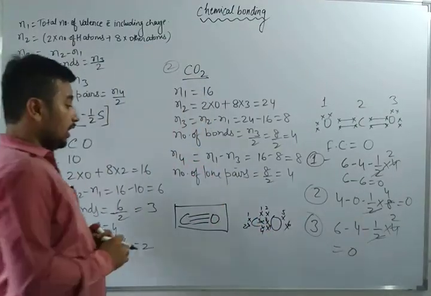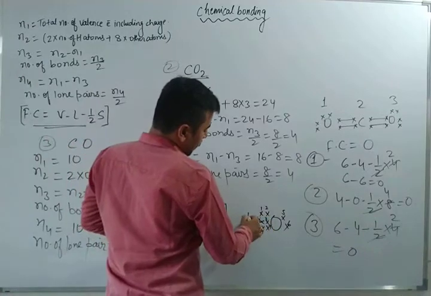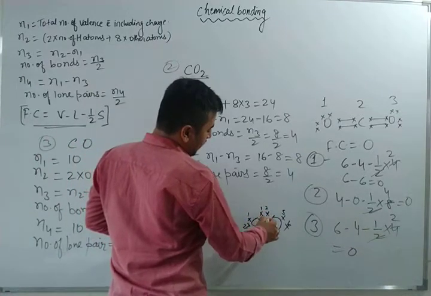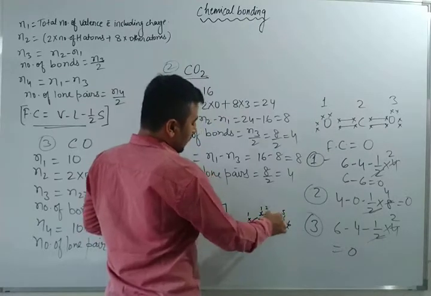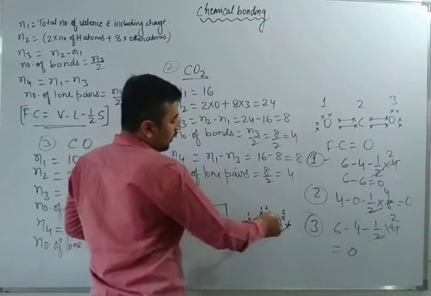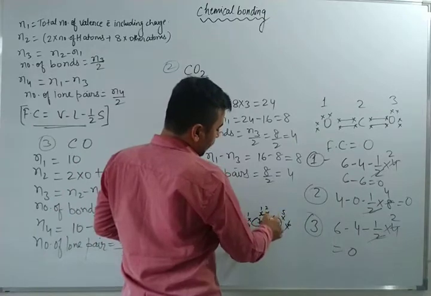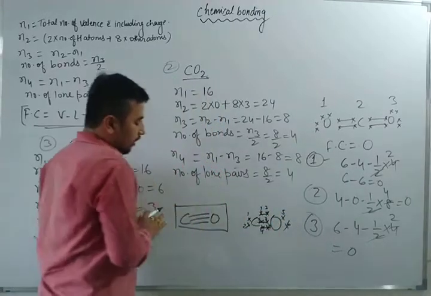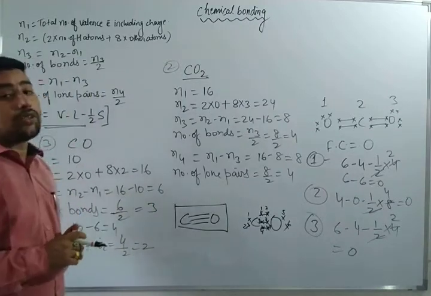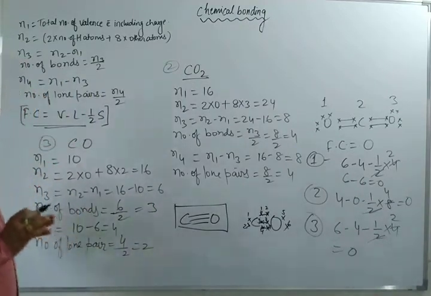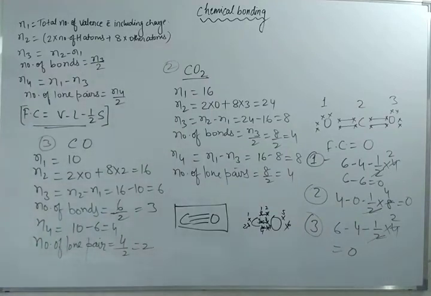Now the question is, see here, 1, 2, 3, 4, 5, 6, 7, 8. Carbon will complete its octet. And here you can see 1, 2, 3, 4, 5, 6, 7, 8. Oxygen has also completed. Now the question is, what will be the formal charge of carbon here? You must know the lone pair of oxygen, and that is very important in this question. What is the lone pair electrons? Formal charge, how will you calculate?